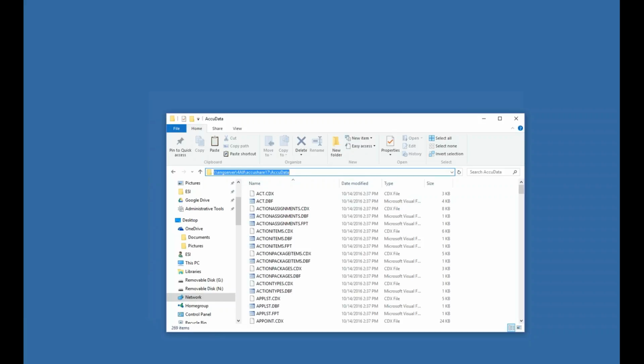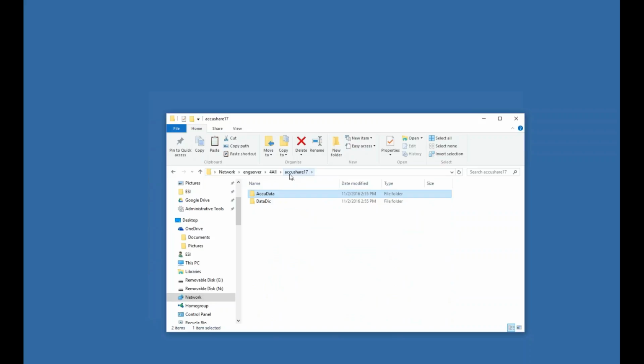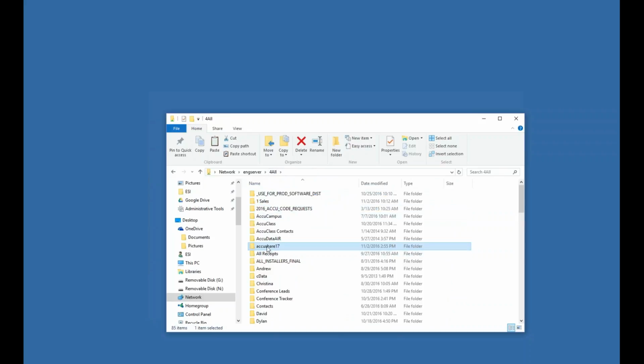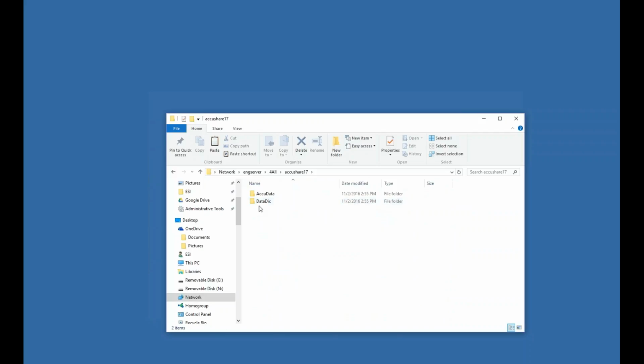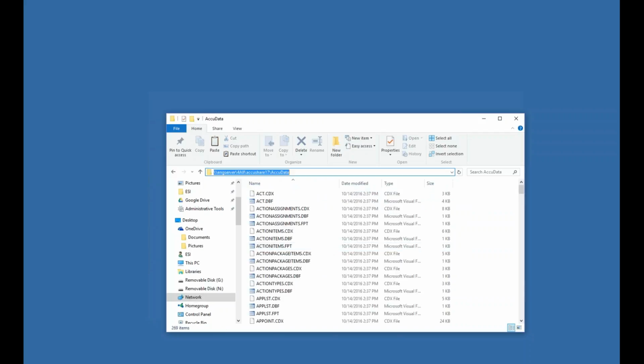resides. Something else you need to do is, for all users or Windows accounts that are going to be logging in and using AccuTrack, they need to have read, write, modify access, in my case, to the AccuShare 2017 folder and all folders and files under it. So you want to create read, write, modify here to AccuShare 17 and then all the folders and files under it. So anyway, I'm going to get that path and copy that path, and then I'm going